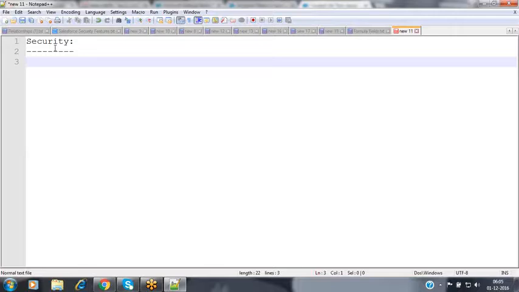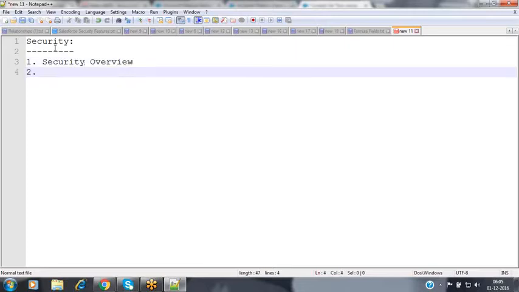Now, during this security, we are going to discuss a few topics here. We are going to discuss the security overview, and then we are going to discuss user management.